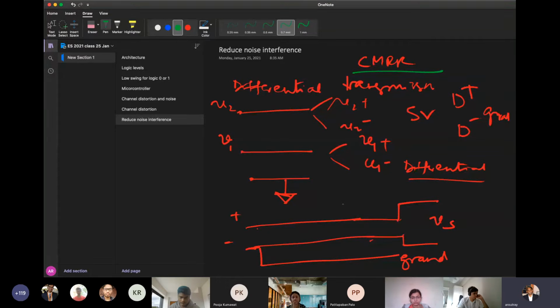Most of the noise will interfere equally with both of these lines. This noise will be grounded, because the ground has a lot of capacitance, a large body grounding will be there. Most of the interference comes externally because of electromagnetic coupling or electrostatic coupling, whether capacitive coupling or inductive coupling, and it will affect both the lines. So when you take the difference, this common mode noise is rejected. Is that clear? Thank you very much.